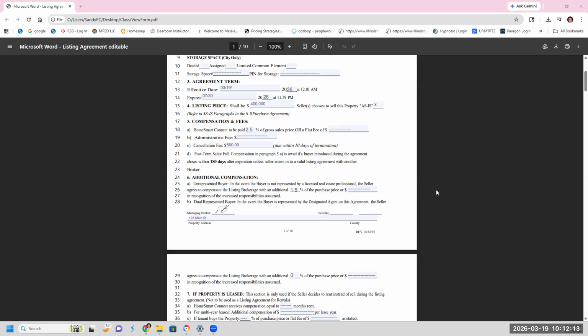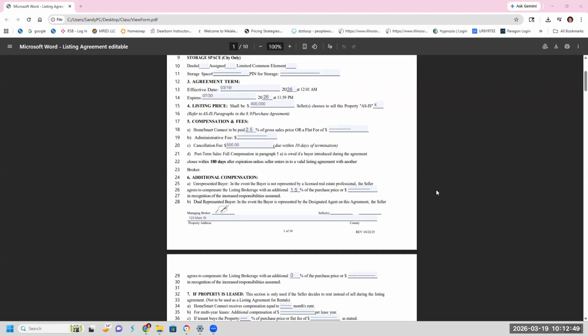Some of you also have an upfront fee. Our listing agreement does not cover an upfront fee. Have you had any people, Deb, ask you about that? No. And I've never done it myself either. There may be agreements out there, but they've decided they're not going to put one on this agreement for whatever reason.